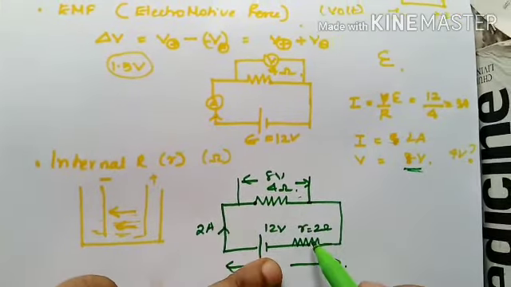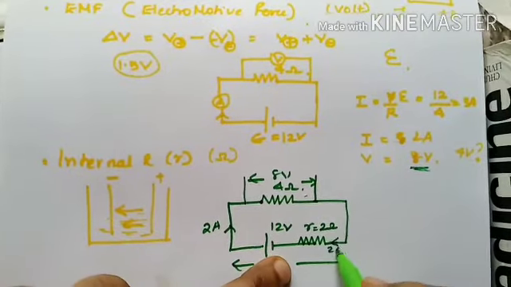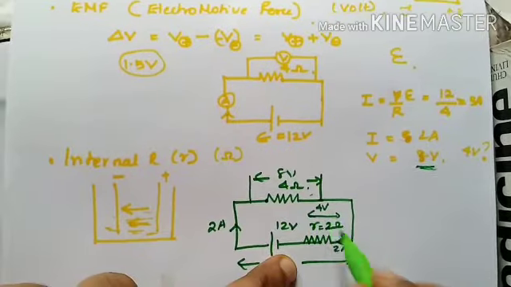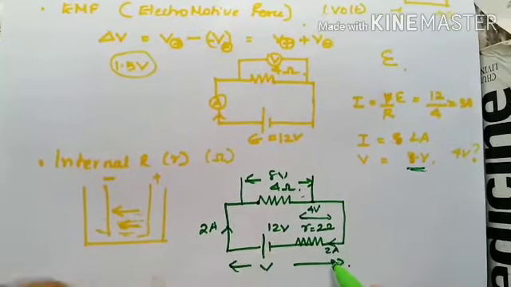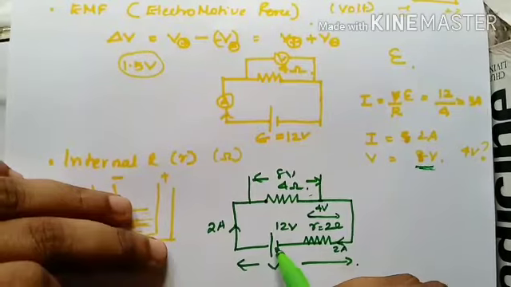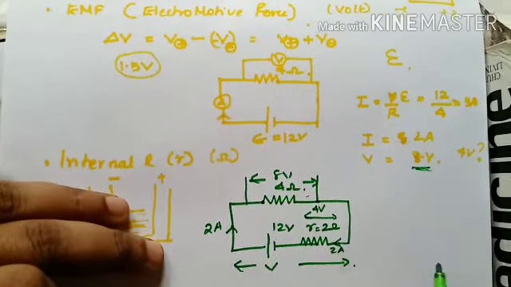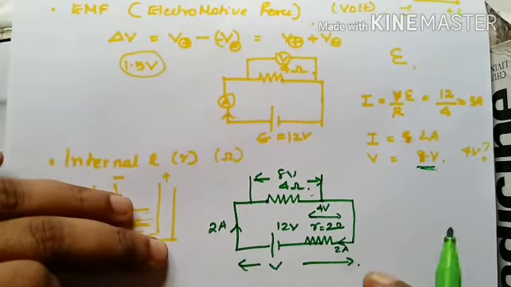So here see, R is 2 ohm. How much current is going to flow here also? 2 ampere. So how much will be the voltage here? 4 volt. 2 into 2, 4 volt, right? So what is the total? 12 volt, is equal to 8 plus 4, that is 12 volt. Now you got the entire 12 volt. I hope this much is clear.